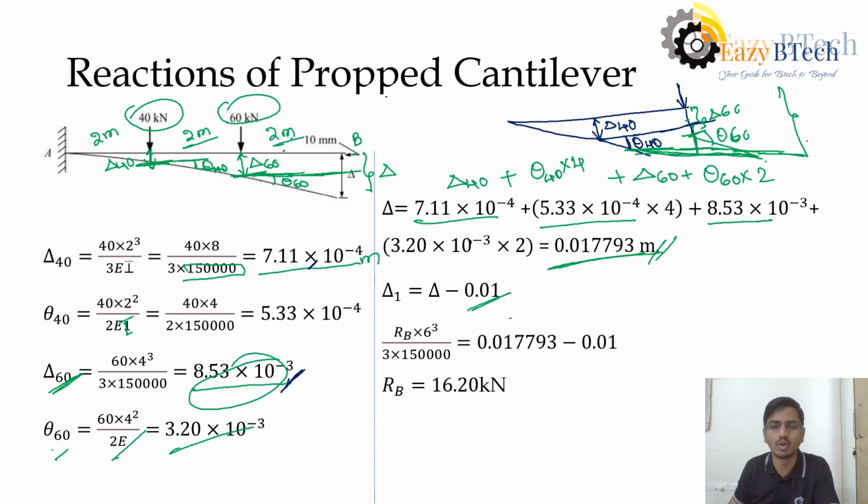We are not preventing 10 mm displacement. So we need to subtract this 10 mm from the obtained displacement because of the load 40 and 60. So what we are doing is we are subtracting 0.01 meter, that is 10 mm from this delta value. So when I subtract, we'll get delta 1, and when we equate this one to this RB into deflection of delta, we'll get RB